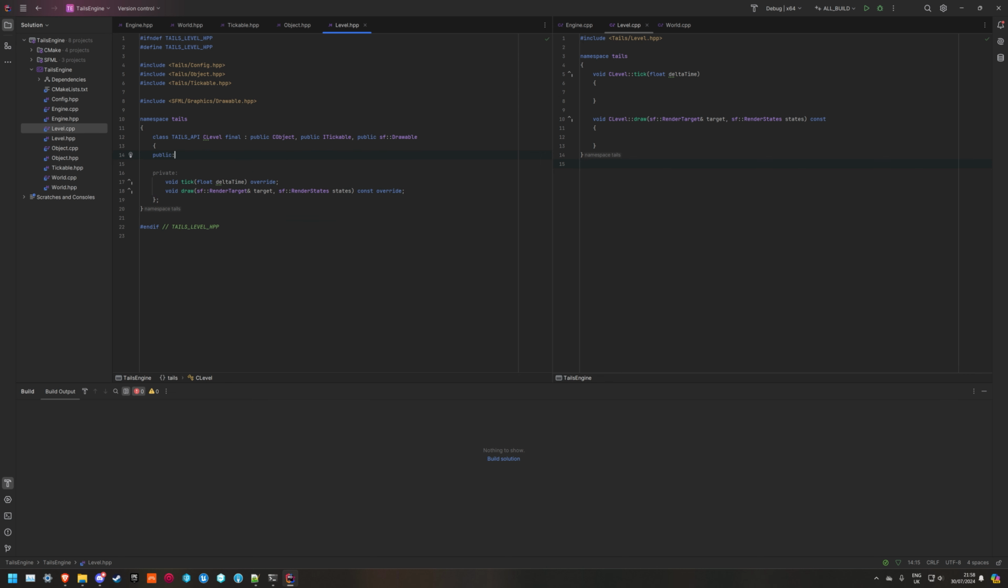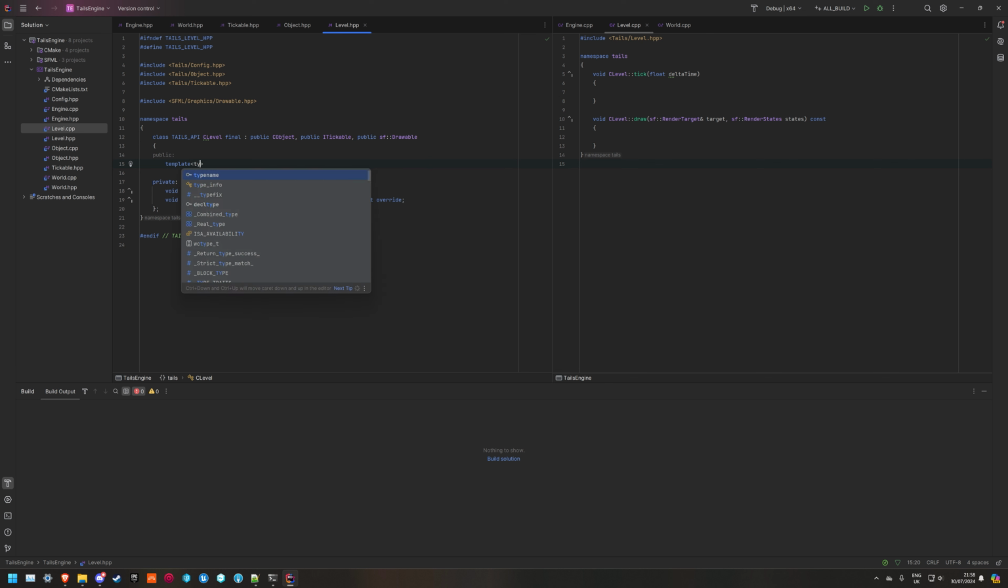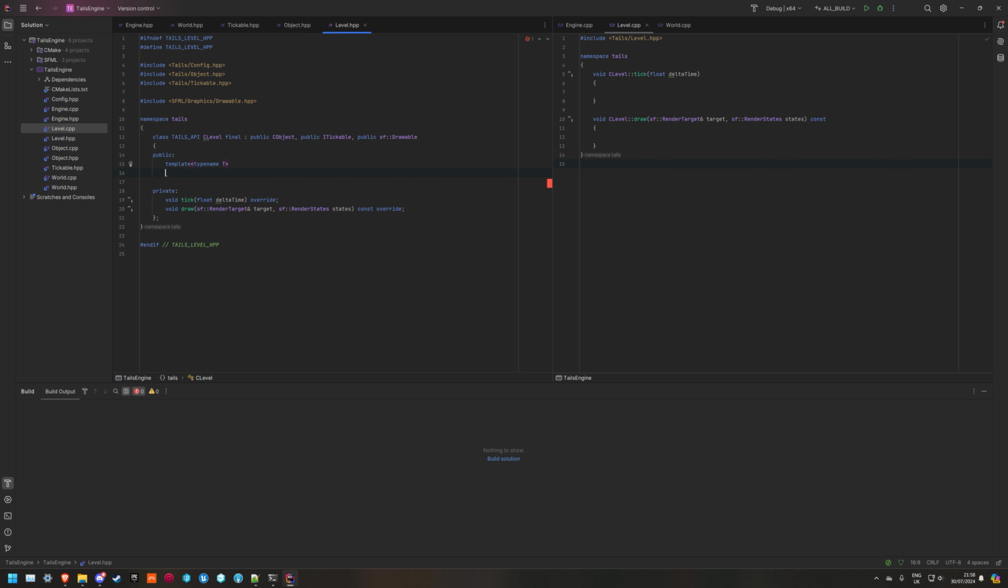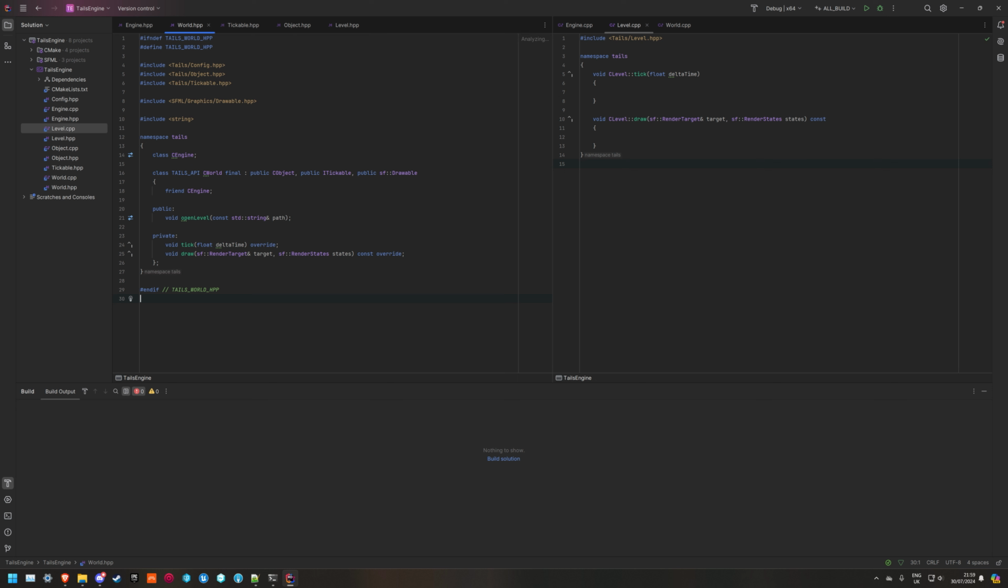I'm going to have public, just a temporary spawn entity method, which could just return null pointer for now. So it's static. Yeah, no, I don't want it to be static. So we'll have like a vector of entities and stuff at some point. So that's cool. Now in world, we want there